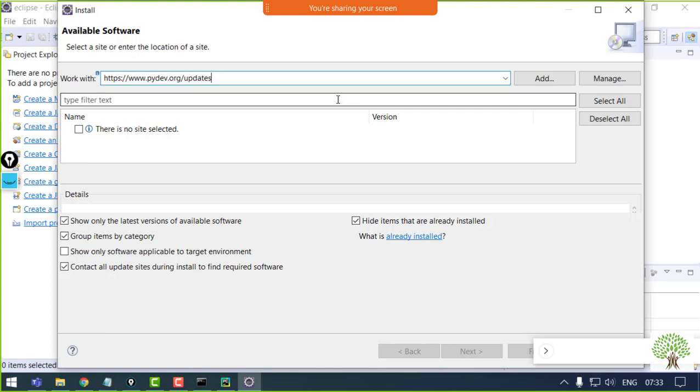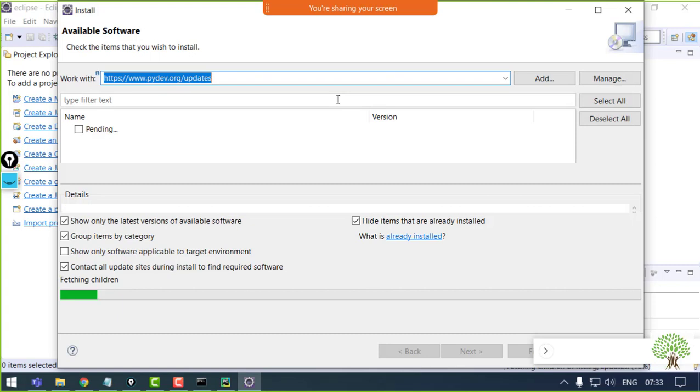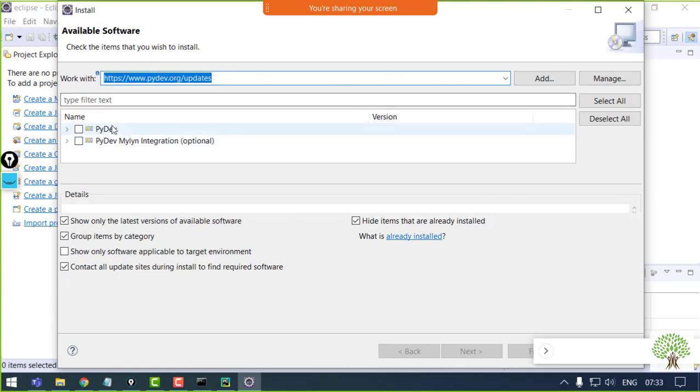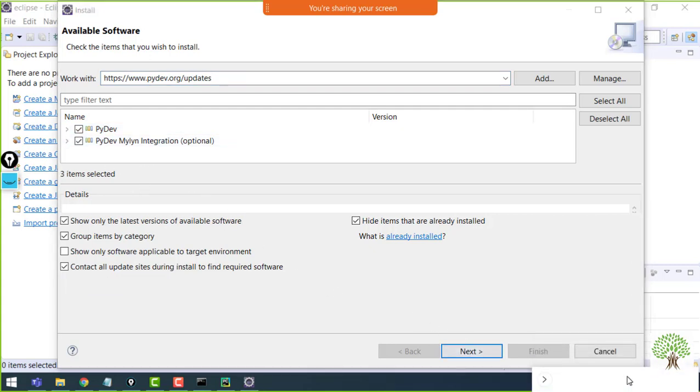Once you press enter, it will start collecting all the requirements and dependencies which need to be added using this plugin. So these will be added when we restart our Eclipse after installation of this plugin.